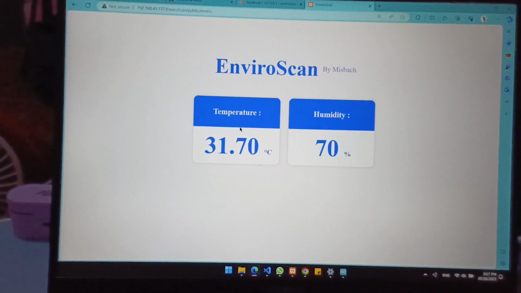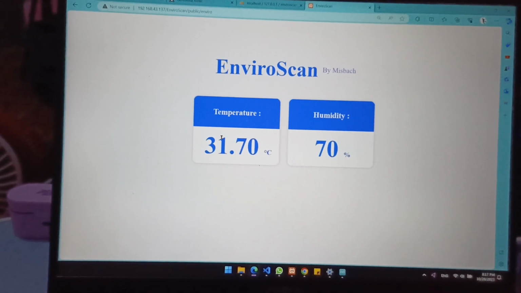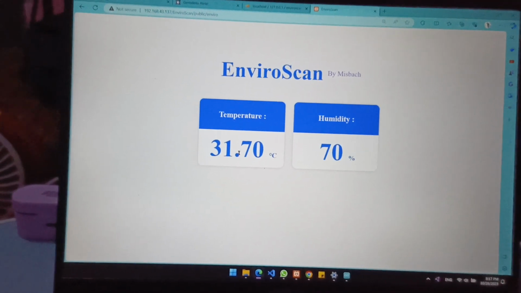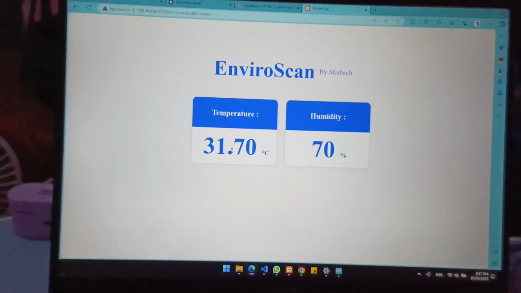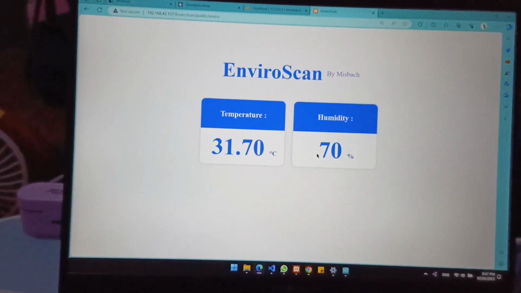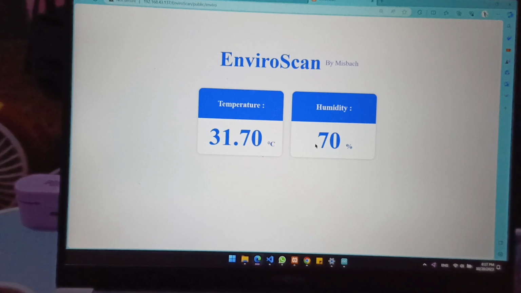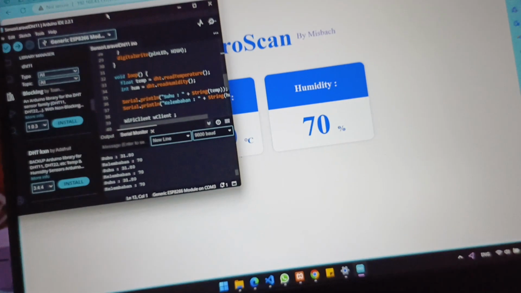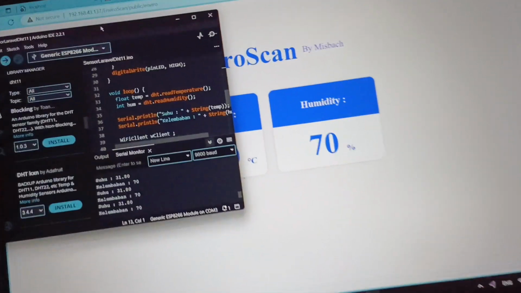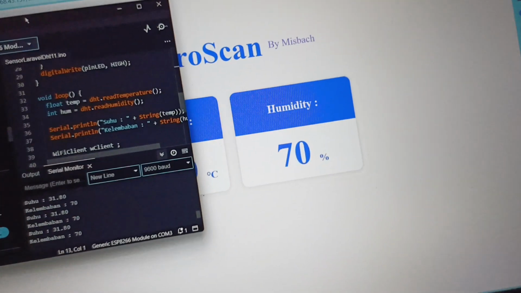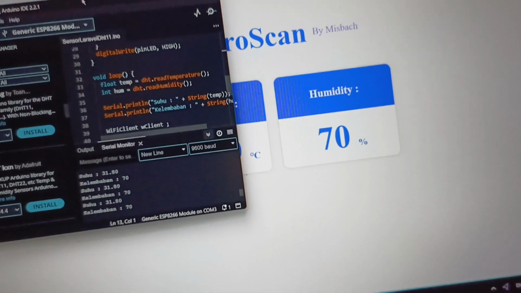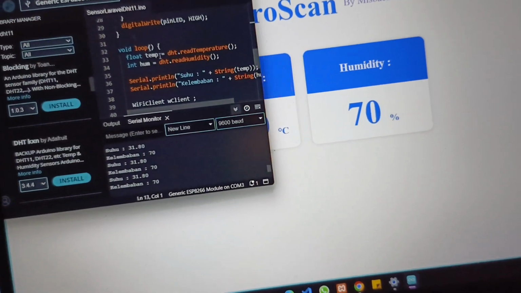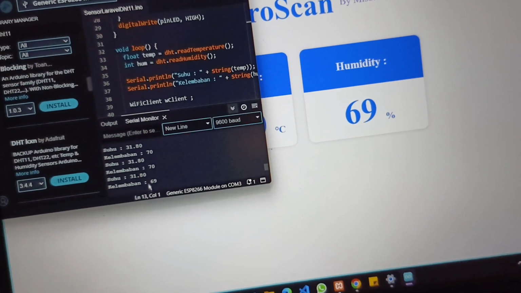Temperature is 31 Celsius and humidity is 70%. Okay, this works. Okay, this connect.